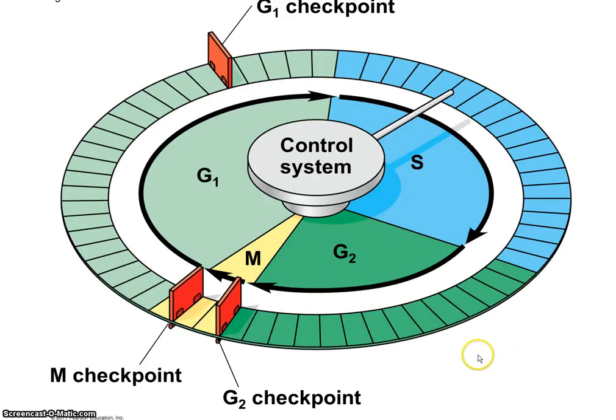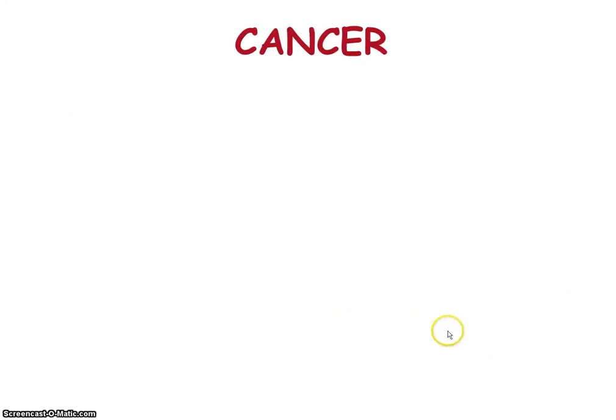So this is sort of showing you the checkpoints. There's G1. If at this G1 checkpoint there's no protein kinase interaction here, this is where it would just go into G0. Otherwise, it would go into S and then get to a G2 checkpoint and go into mitosis. So that's sort of how it's controlled.